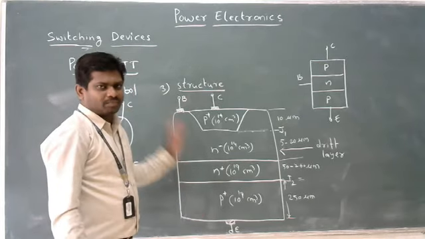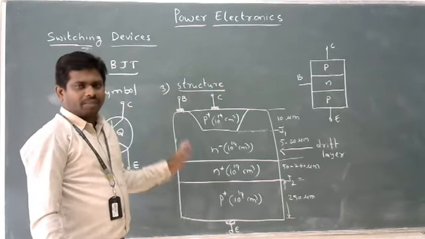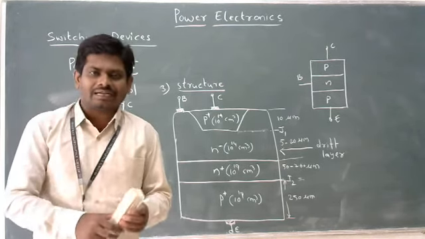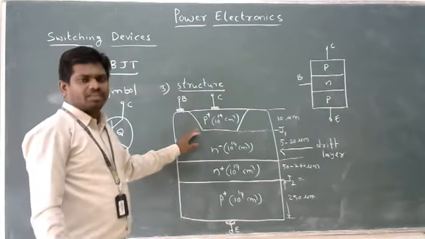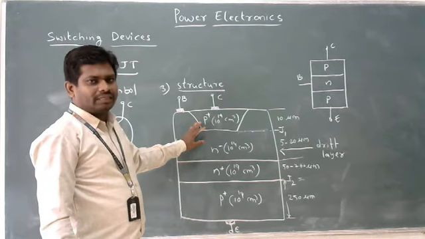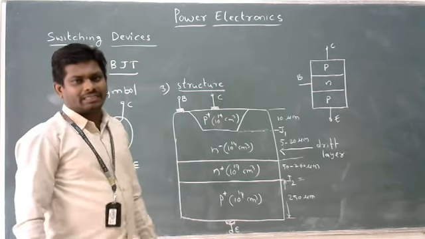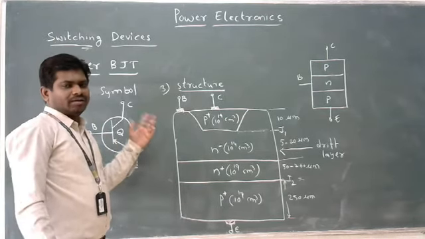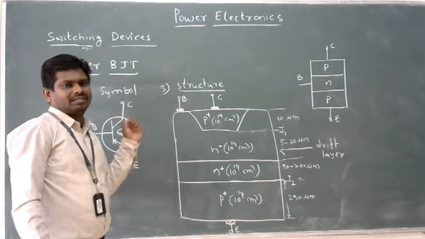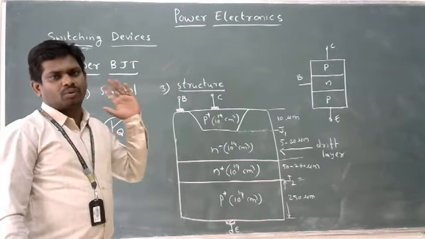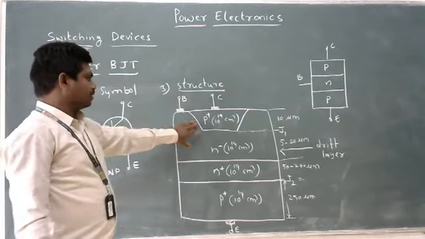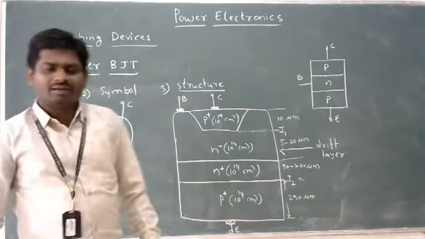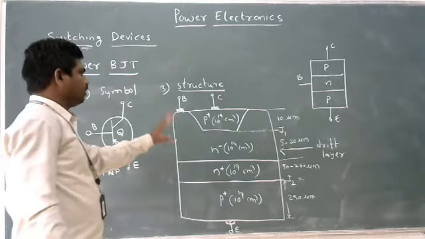Whenever the device must carry high power, megawatts of power, there must be highly doped layers in the device. Only then will that device carry high currents and high power. That's why we make these changes to the BJT from the normal stage, to carry high power. So the outermost layers, P plus, are doped very highly. This is the structure of the power BJT.